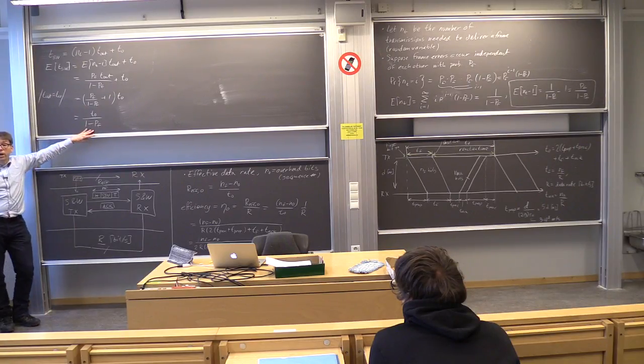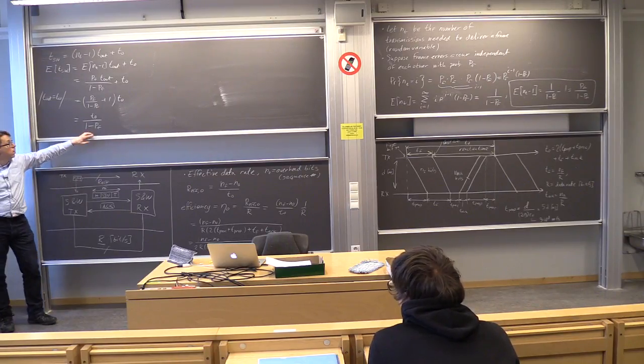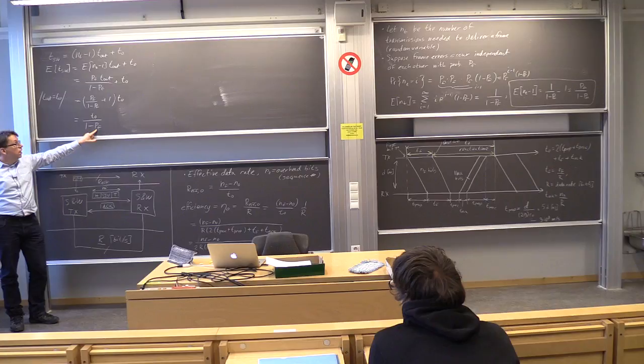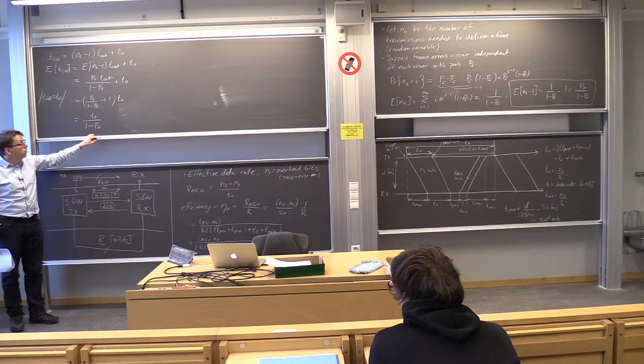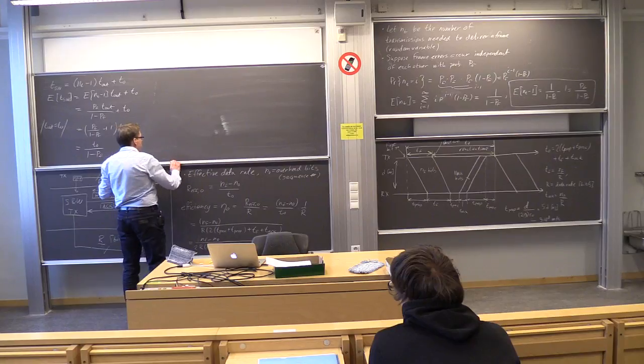Okay, so this is the average time it takes to transmit one frame with stop and wait if we have a frame error probability of pf in the layer below us. If the frame error rate is 0, then it takes t0 seconds to transmit. If the frame error rate is larger, then we need more retransmissions. So it seems to be correct on the surface here, at least. So to summarize,